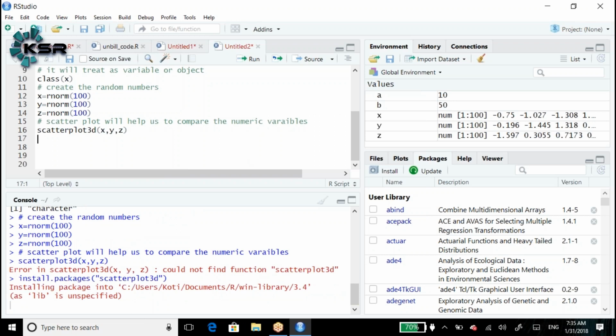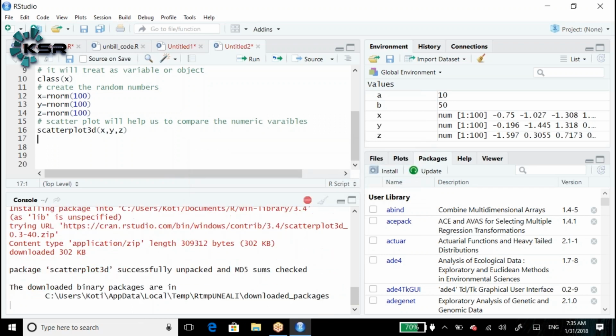Make sure that while you are installing the packages, you are connected to the internet. Now, did we install the package? Yes. The downloaded binary package was successfully unpacked, and it has been stored in a particular place.